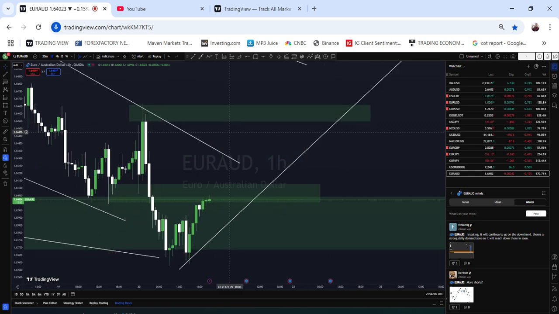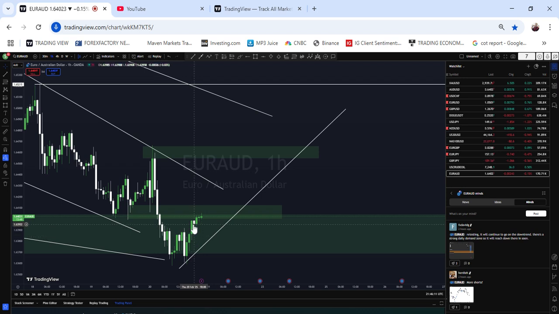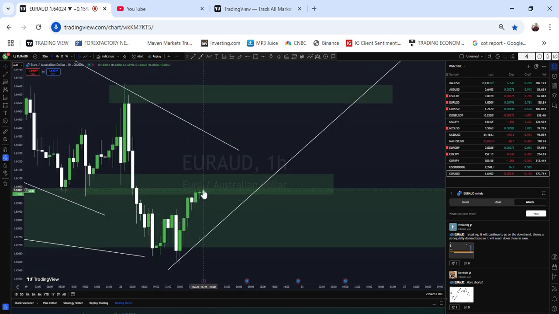So candlesticks, you have to wait for candlestick confirmation. You see at this level now, it's giving us a bullish candle showing for a buy, but you can't buy because it's yet to break this